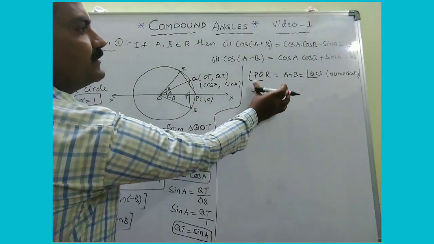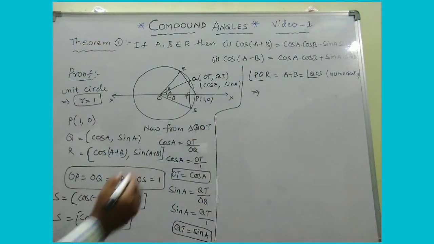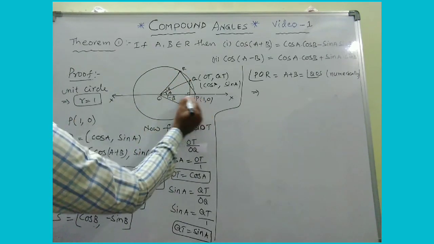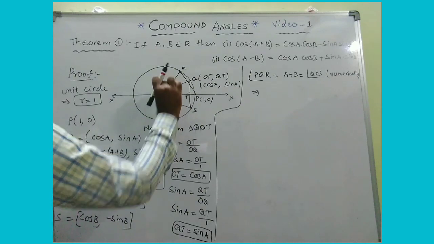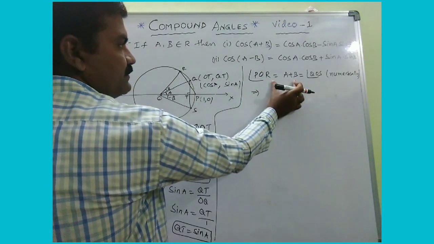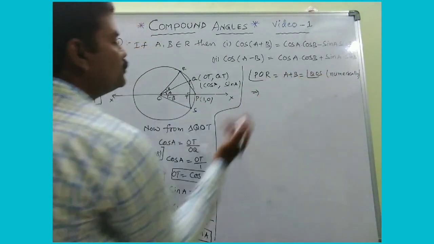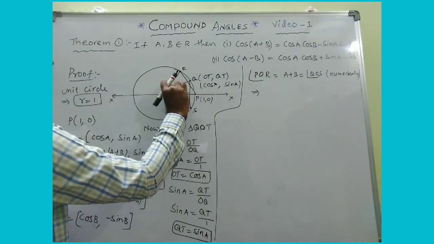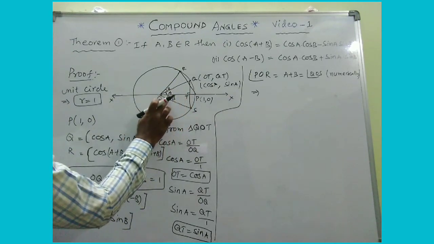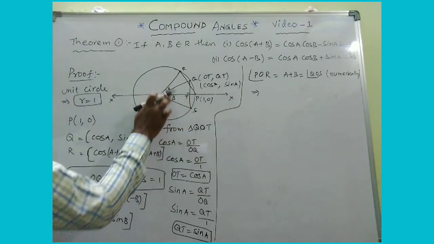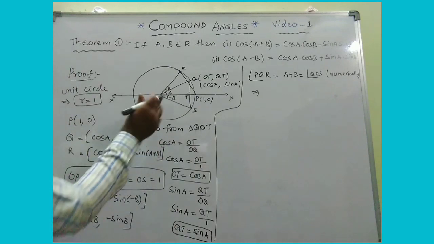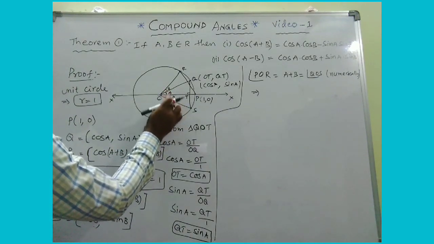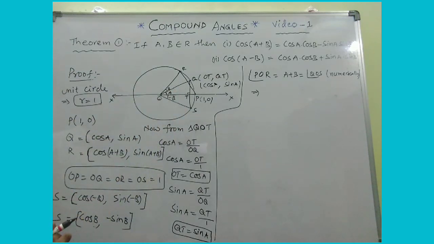This point is very important, which is the key step. What about angle POR? Angle POR is nothing but A plus B, no? So angle POR is equal to A plus B, and which is also equal to QOS, because this part angle is A and this part angle is B. Leave aside the sign, because of direction, the angle of rotation may be negative, but numerically when you add these things, you are also going to get A plus B, isn't it?